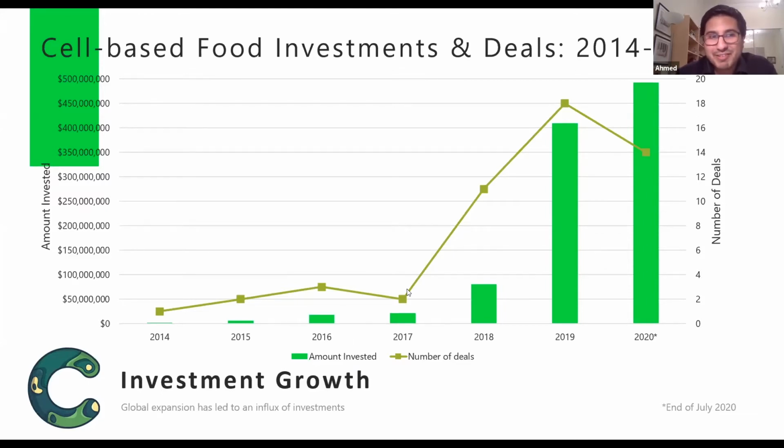So as you can see from the graph, there's been a steady increase in total number of investments and deals in the cell agriculture field. As 2018 showed a growth of interest in the field, 2019 was a major breakthrough year with 18 investments valued at over $400 million. 2020 took that to a whole new level with now over $500 million in investments in, back in July, 14